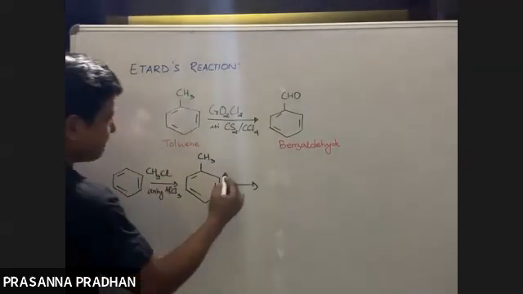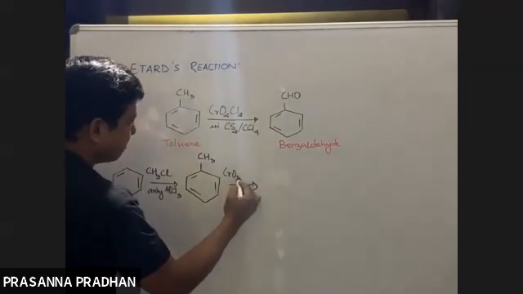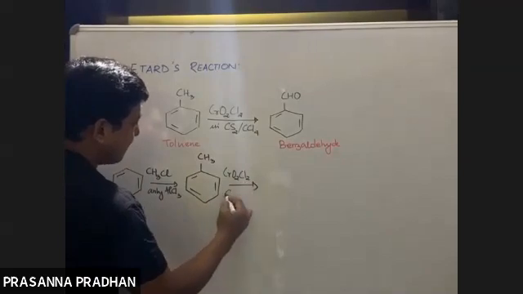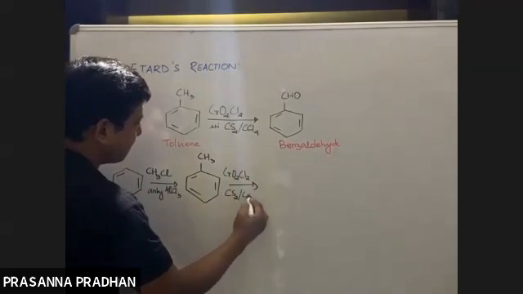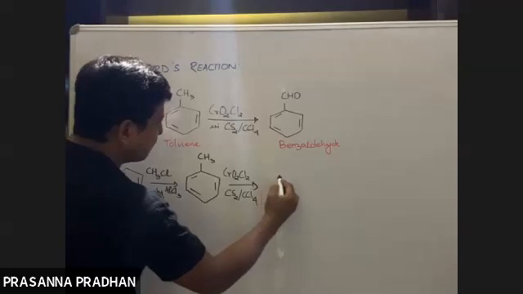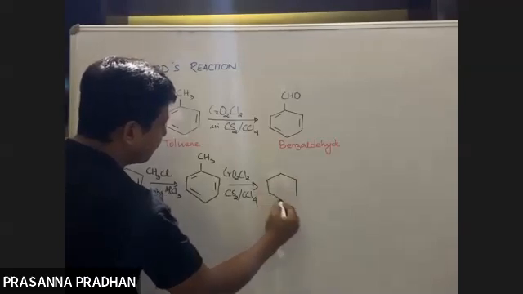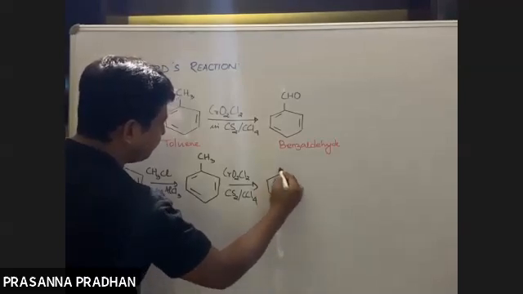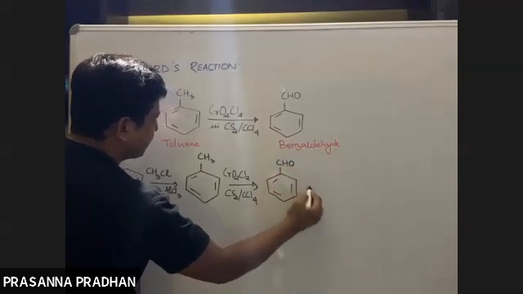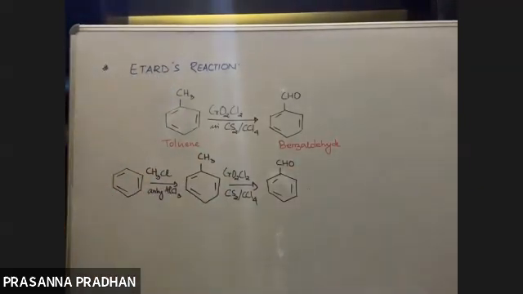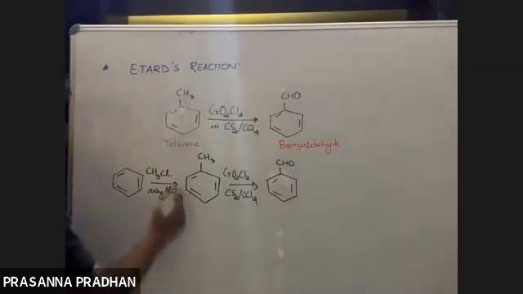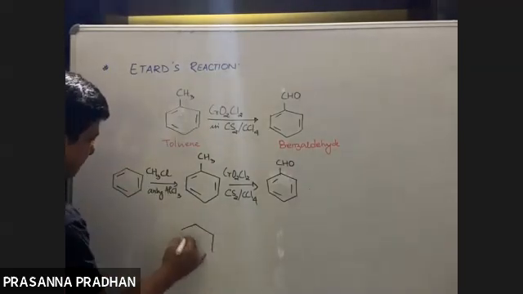Now I'll carry out the same reaction with CrO2Cl2 in either carbon disulfide or carbon tetrachloride medium. So toluene gets converted into an aldehyde like this. Just an indirect method. देखो, benzene to benzaldehyde बन गया. पहले benzene to toluene, then Etard's reaction. So not only toluene, you can use other alkyl benzenes as well.